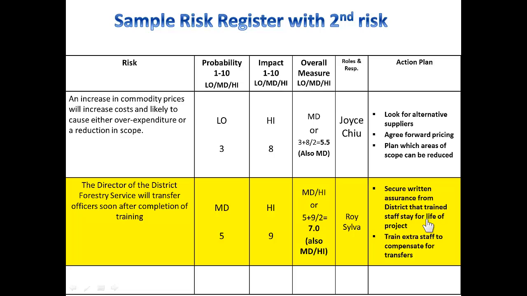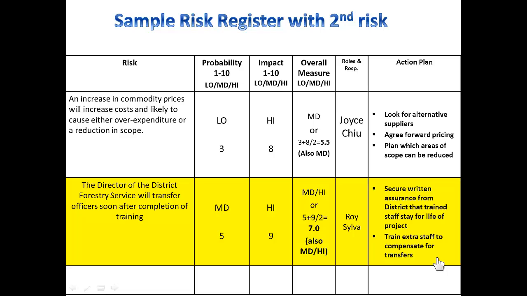They want to secure written assurances from the district so that the trained staff members stay for the life of the project, or they want to train extra staff to compensate for the transfer. These would both be mitigation strategies that involve contingencies or alternatives in case the risk gets triggered. Note also that some of the recommended actions might require availability of additional funds, especially training extra staff. This is why most project budgets contain a certain amount of